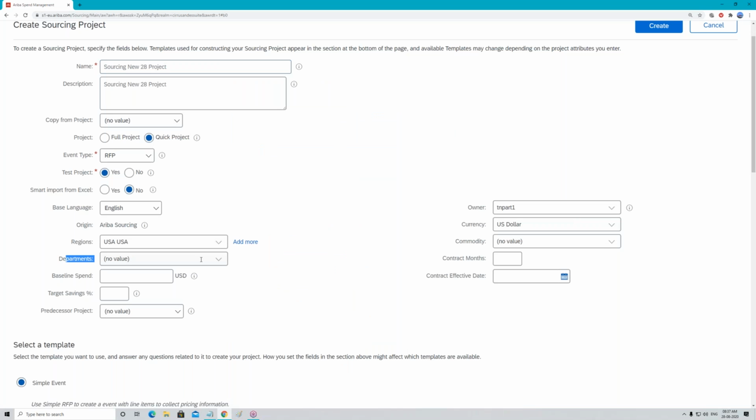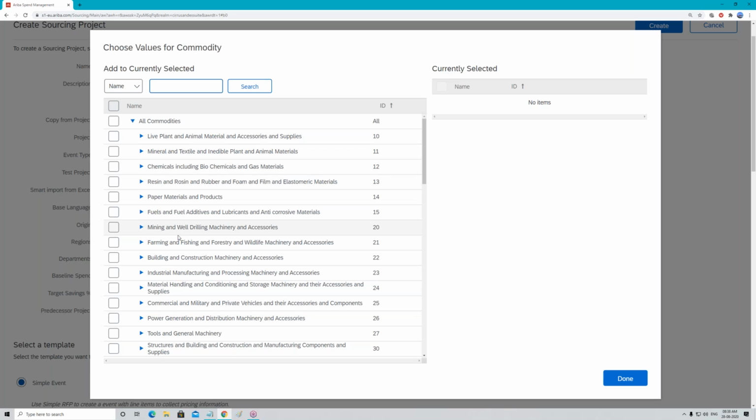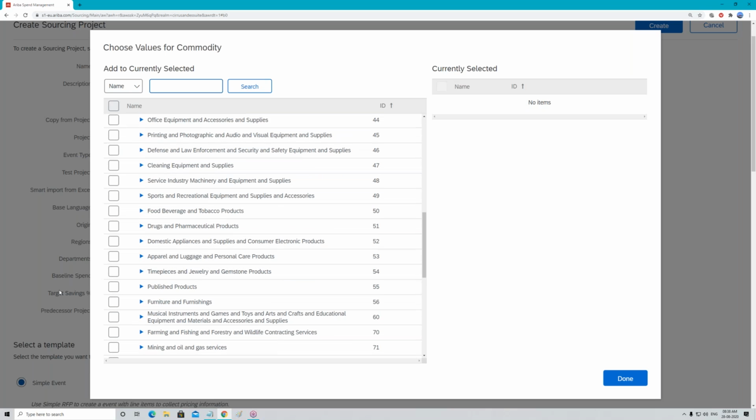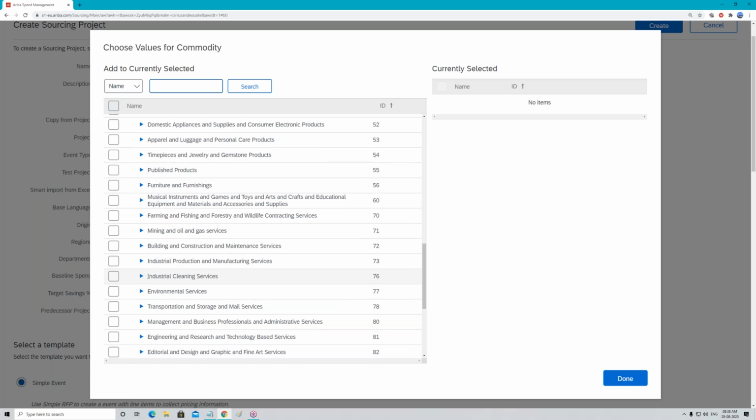Department. Once again, what do you mean by department? Department is a master data. You can have different fields like IT, HR, FI, all of these things. These things also will come from where? Basically, it is going to come from your ERP only, through the help of master data integration. Okay. Now commodity. Click on this drop down. Click on search more, and this is basically the commodity code which you can see over here, guys.